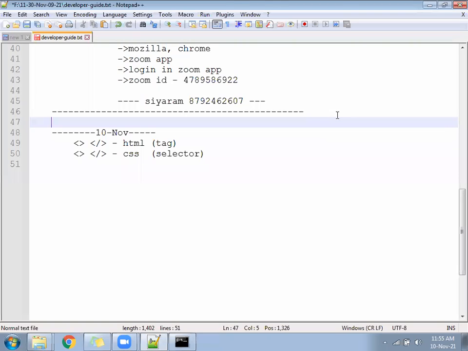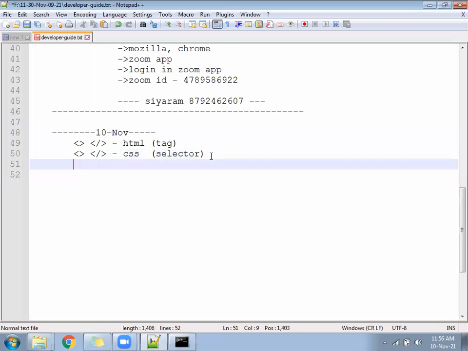HTML has how many types? Two types only. But the same two types of tags CSS has divided into 5 types for better control. That we are going to learn further. Remember, in HTML call it a tag, in CSS call it a selector. When you read from anywhere on the internet and a sentence says H1 tag, and somewhere else says selector, you should not get confused. Selector also means the HTML tags.